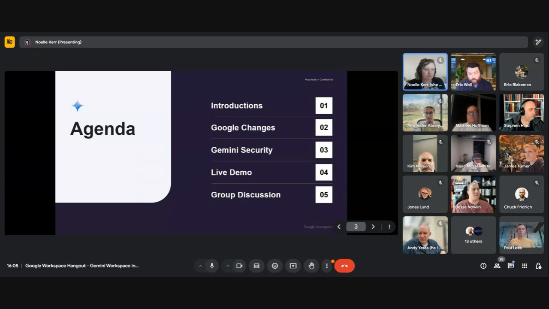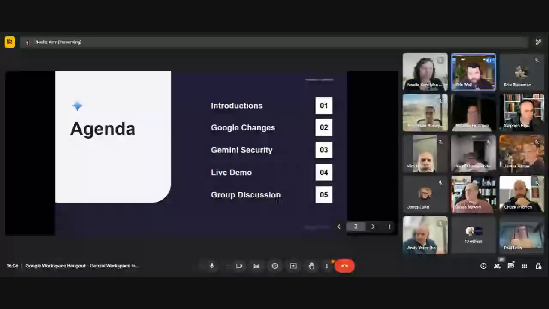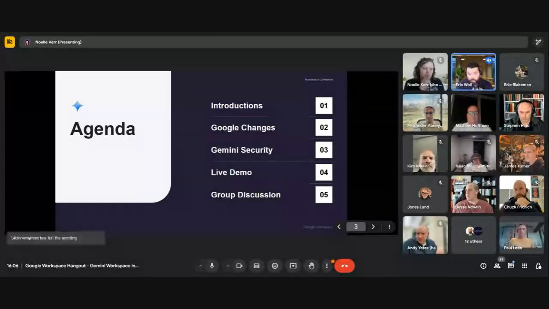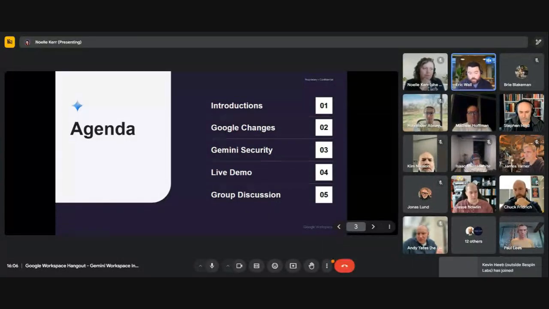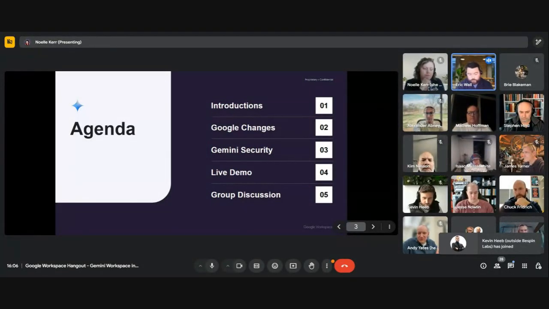Perfect, thank you. Just to add to that, I'm the account manager here at Damson Cloud. I look after existing clients, and mainly what we've been having are these Gemini conversations with existing clients, to help them maximize it. But obviously there have been a couple of changes, hence the agenda today. From a Damson perspective, we're going to go through the Google changes that came about in January of this year, Gemini security, and then a live demo as well. Then I'd encourage people in the group discussion to talk about how you found it in your business, because it's always useful to get different perspectives.